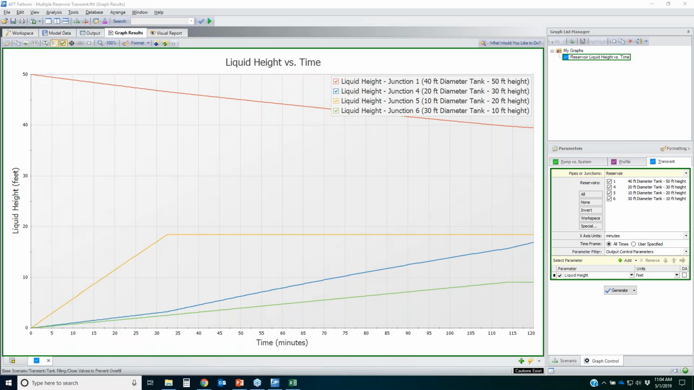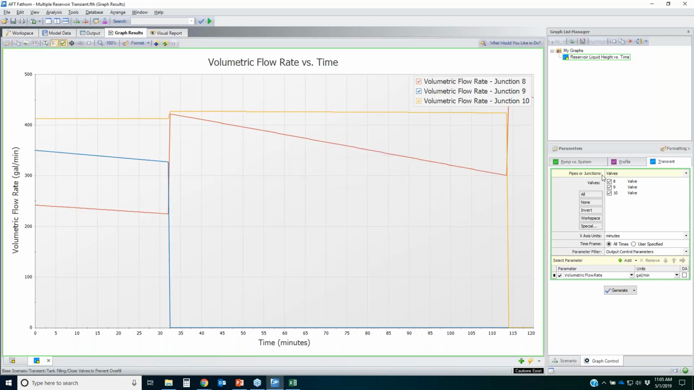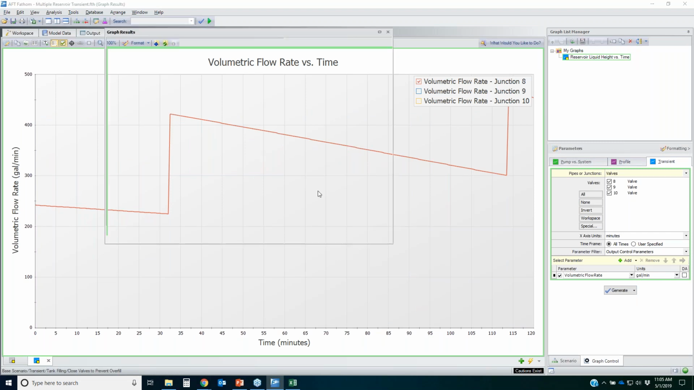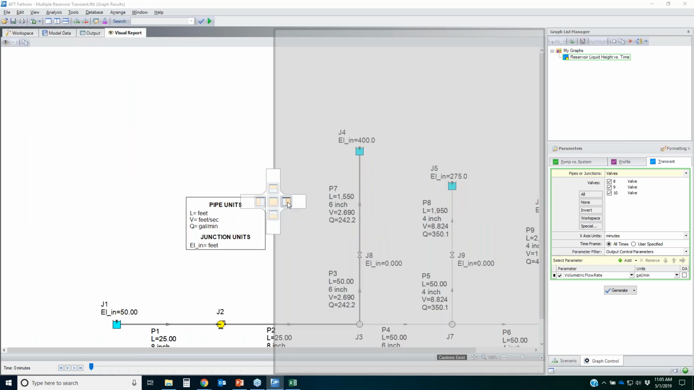There's one more thing I want to plot here. I want to see how the flow rate changes to each of those tanks over time. So what I can do here is click on valves, and I'm going to show the volumetric flow rate through each of the valves. All right, let's look at these one at a time. So here's my valve that leads to the first tank. So if I dock this over to the side,